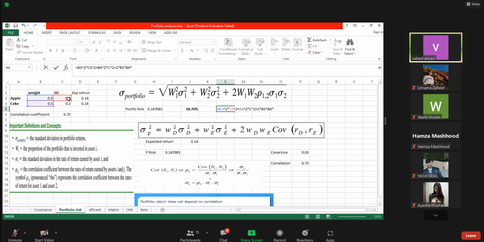So this is the C3, and then the standard deviation of portfolio 1, and then the next one is, just click here on C4. So you get this formula, and if you hit enter,